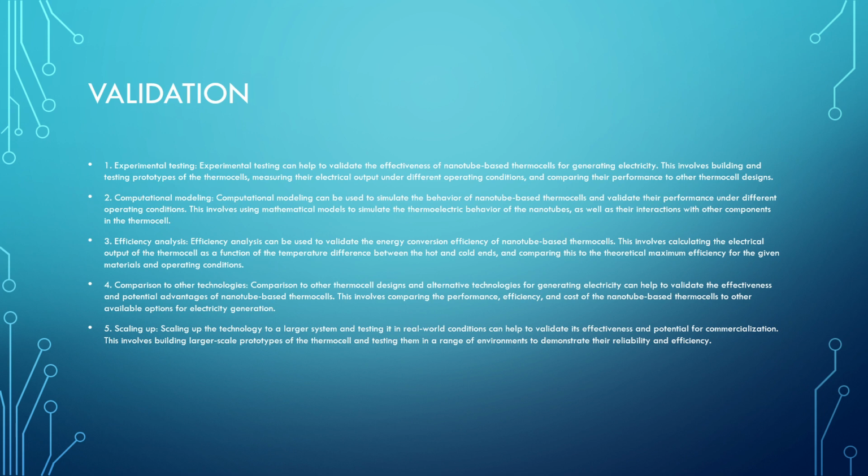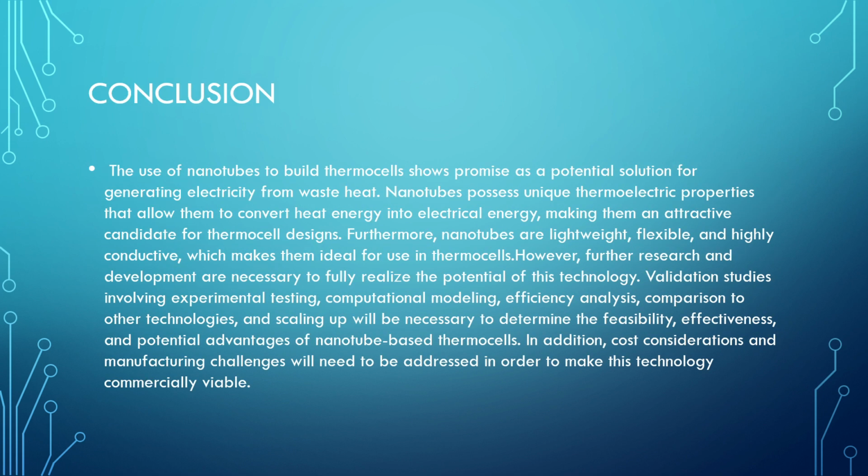And then finally we discuss scaling up. Scaling up the technology to a larger system and testing it in real-world conditions can help to validate its effectiveness and potential for commercialization. So this involves building larger-scale prototypes of thermocells and testing them in a range of environments to demonstrate their reliability and efficiency. In conclusion, the use of nanotubes to build thermocells shows promise as a solution for generating electricity